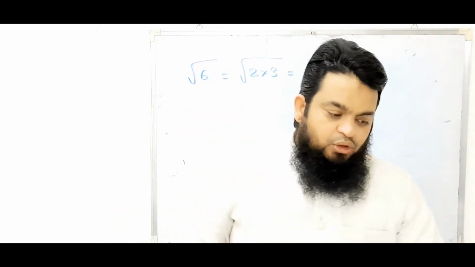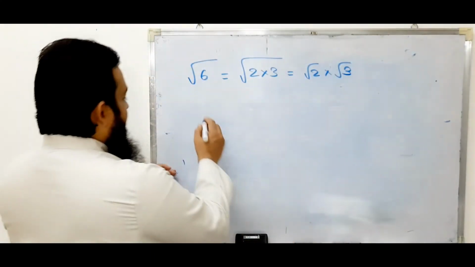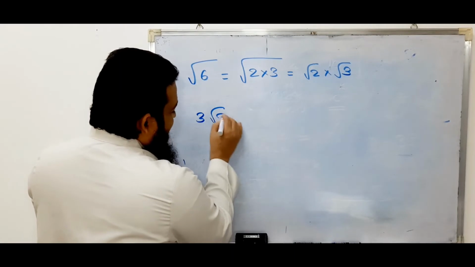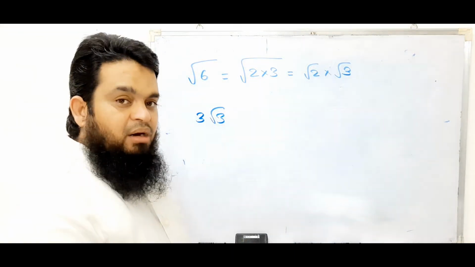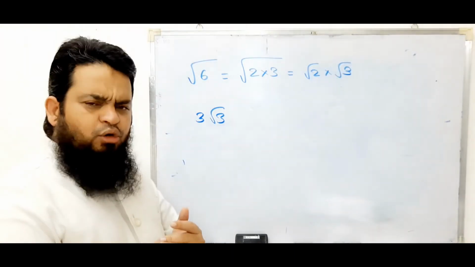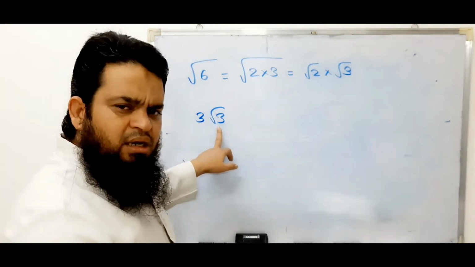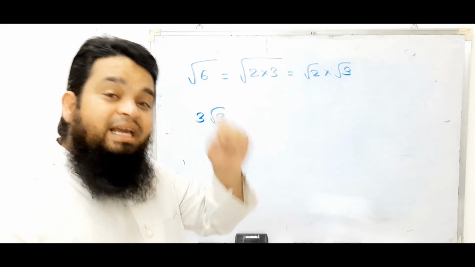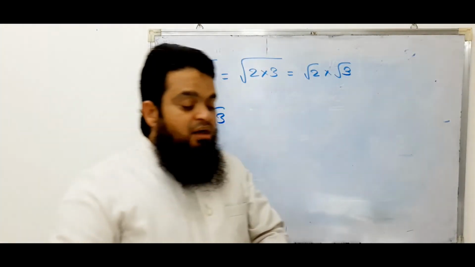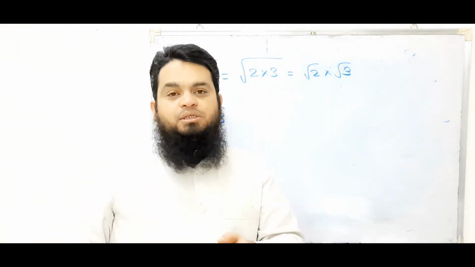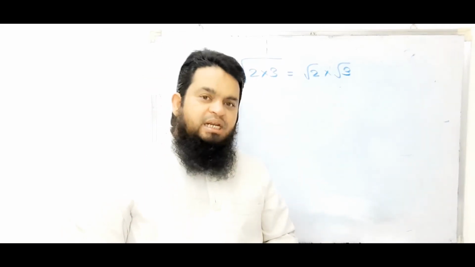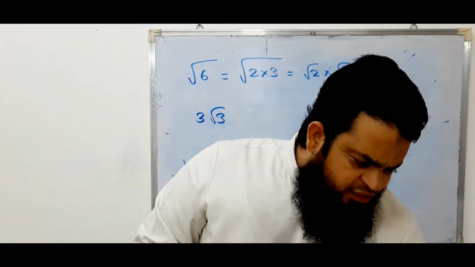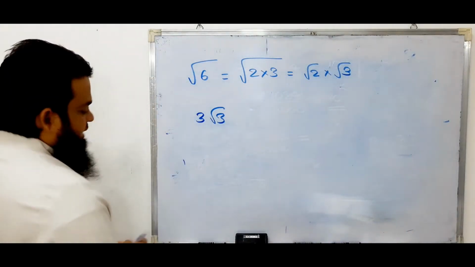True. So 3 root 3 is not a rational number. See, 3 root 3 is not a rational number. So what is root 3? Root 3 is irrational. Multiplying by 3, 3 root 3, yes, it is irrational. He has given that 3 root 3 is not a rational number. Yes, true, because it is an irrational number, right? Simple. And now the next question. Yes, let us go for this.